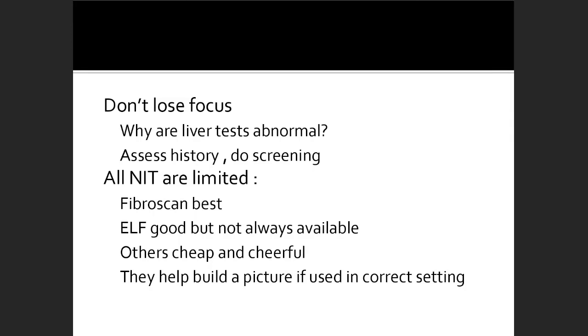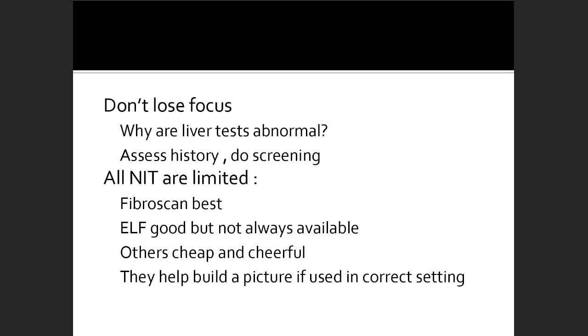So I think the thing is, don't lose focus, because the question is, why are the liver tests abnormal? Do a history, do a screen. Be aware, a bit like liver tests, the non-invasive tests are not great. If you've got cirrhosis, they're good. If you haven't got cirrhosis, they're good. But the truth is, most people are in between, and therefore they're not great. Even the FibroScanner isn't great, and even a liver biopsy isn't great. So it's all about